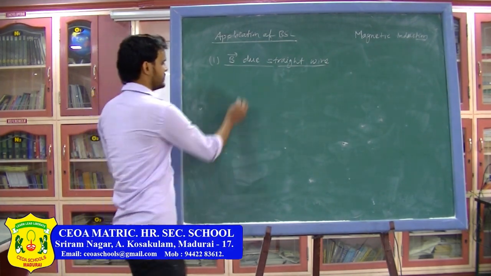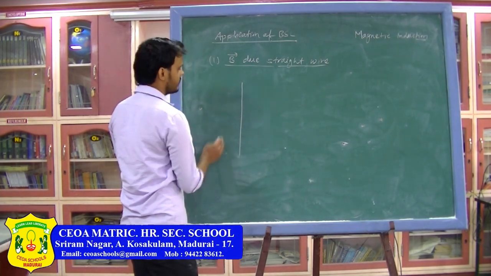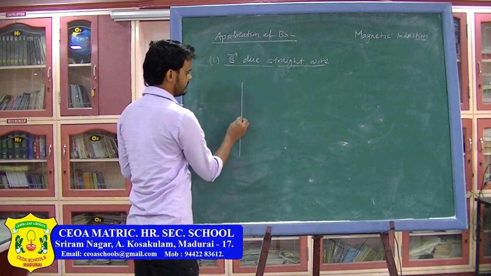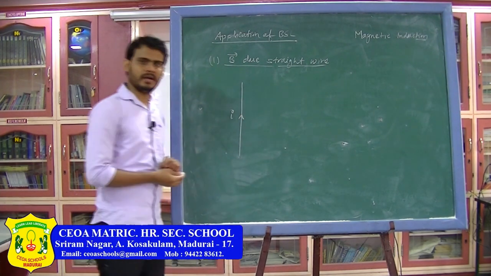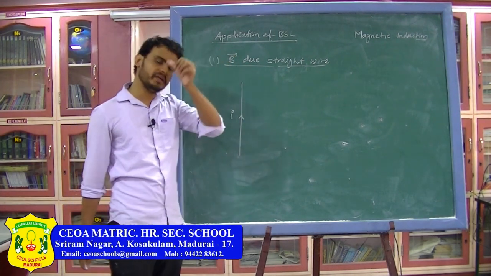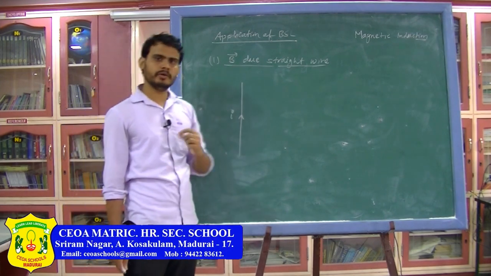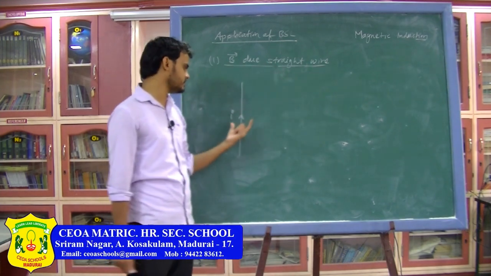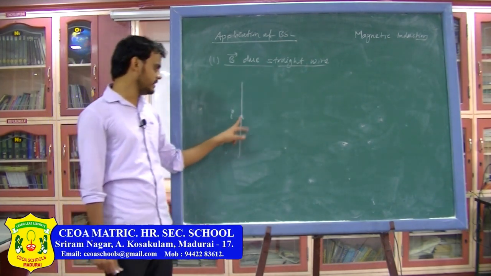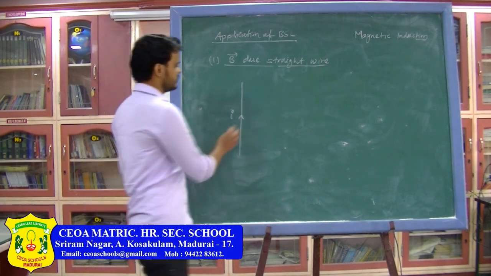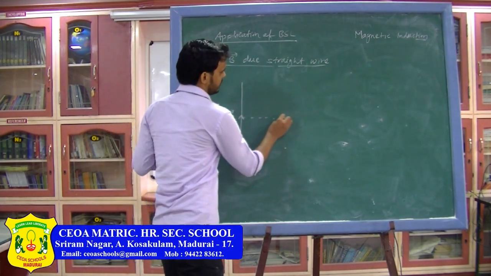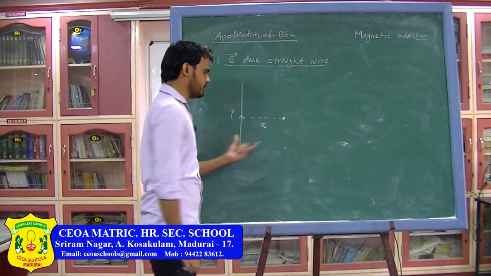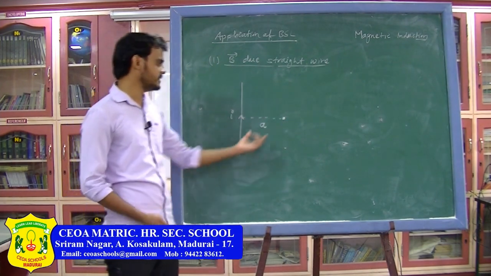So, basically we have a straight wire. The total length of this wire you can assume is L, and in this wire there is a current I. Again we are going to use Biot-Savart law to find the magnetic field due to a current carrying wire. When I write the magnetic field due to a straight wire, it automatically means this wire will have current. So the current in this wire is I, and I want to find the magnetic field at a distance a from the wire. The perpendicular distance of the point from the wire is a.